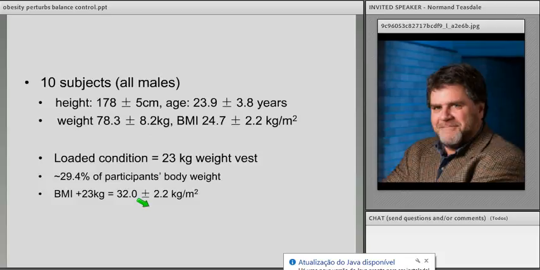To test this, initially we used normal weight subjects, all males. They had a BMI of about 24, and we had the loaded conditions where they actually were loaded with a 23 kilogram training weight vest, which increased their BMI